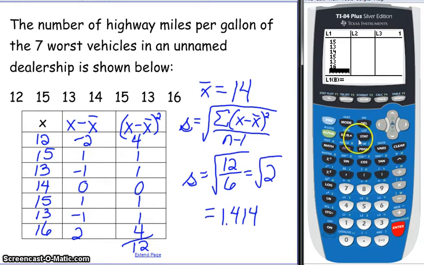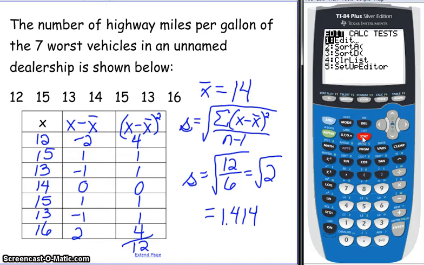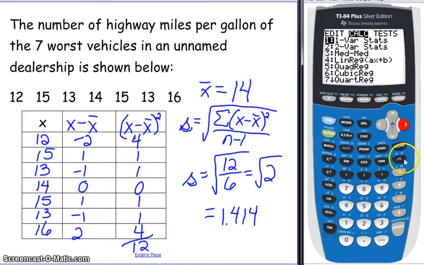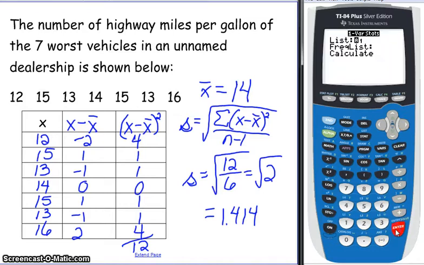Go back to the stat function under stat, and we've got our list, so now we want to calculate. So we're going to arrow to the right and calculate one variable stat. So press enter. And the list that we're using is list 1. And notice up here on the frequency list, we're just listing those values, so we don't have a frequency list. So we're just arrowing down to calculate, press enter,